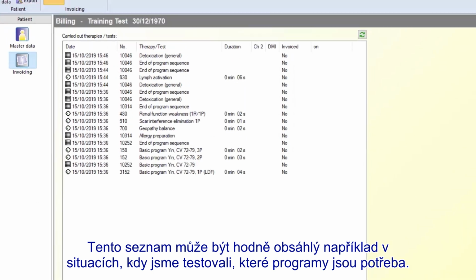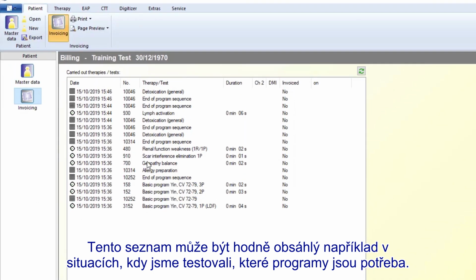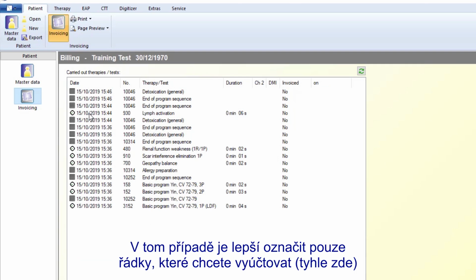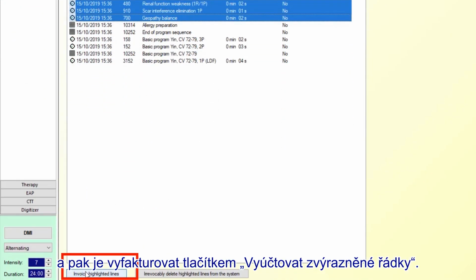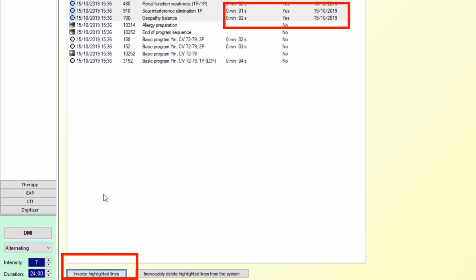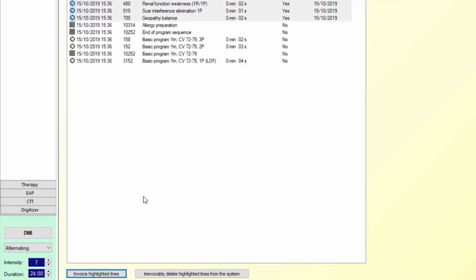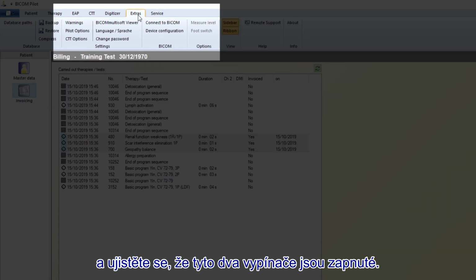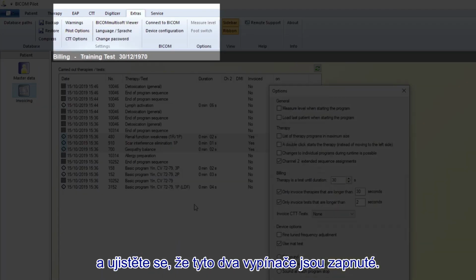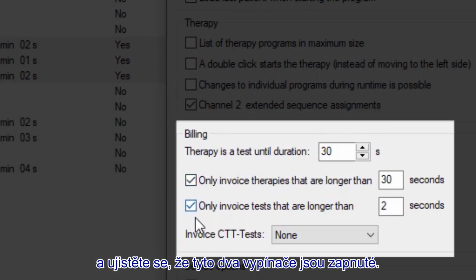Yes. When we're running therapies, we can end up with a long list of things in here because we were just testing whether the program was needed. It might be that we just want to include these here, and then we can invoice the highlighted lines. If for some reason you're not able to do those things I've just mentioned, go to extras, pilot options, and here make sure that these are ticked,